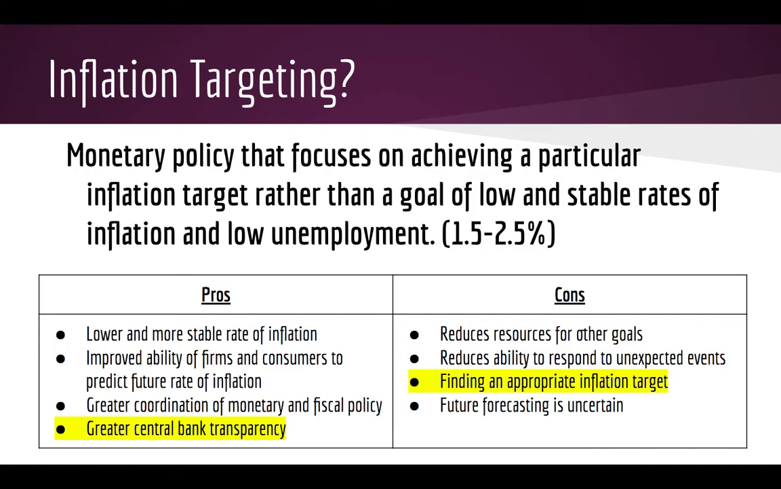Same thing with unemployment. Right now, before the coronavirus hit, we were very, very close to full employment of resources. Historically low numbers for unemployment. More often than not, you see with unemployment it's closer to 5% as the more realistic rate, and that's still considered very healthy. So if we look at this, pros are your lower and more stable rate of inflation, improved